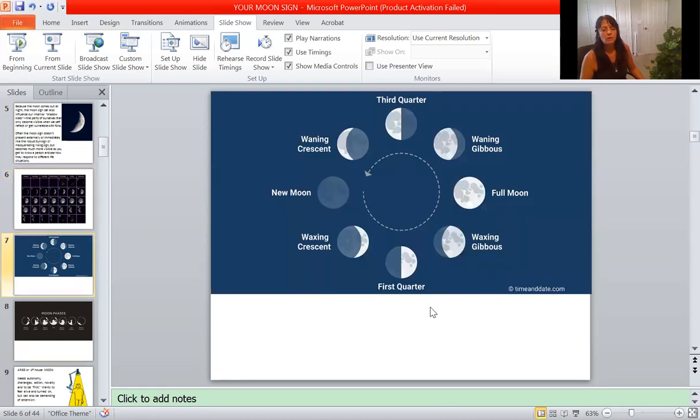And then here's looking at it in a different way. So if we start on the new moon, we go this way, it's going to be waxing, getting bigger, waxing the first quarter, and then I call it the waxing gibbous, and then it goes to the full moon. This is 14 days later, halfway through the cycle. And then it's waning gibbous, it's like almost full. The third quarter, the waning is lessening, it's getting less, and then wax, remember, wax on, wax off. Okay, so waning is getting lesser, and then it goes back to the new moon or dark moon.